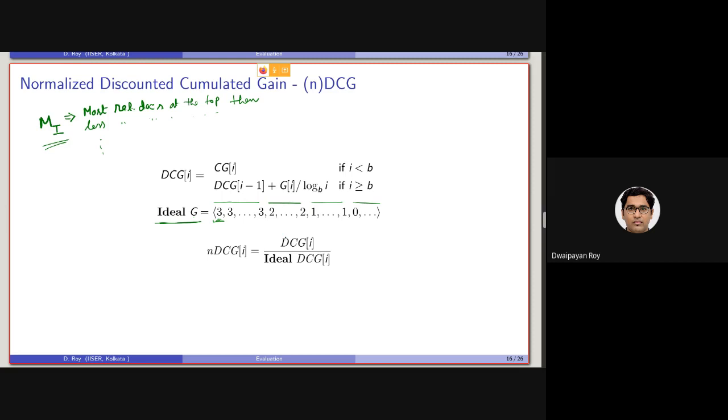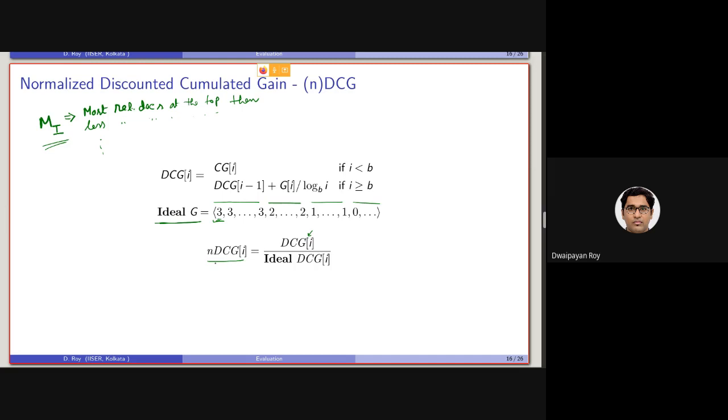So what we'll be doing is we'll be computing the ideal discounted cumulative gain. And we'll be computing the discounted cumulative gain, and to compute the normalized discounted cumulative gain, basically dividing the discounted cumulative gain at a rank position I by the ideal discounted cumulative gain at that position.